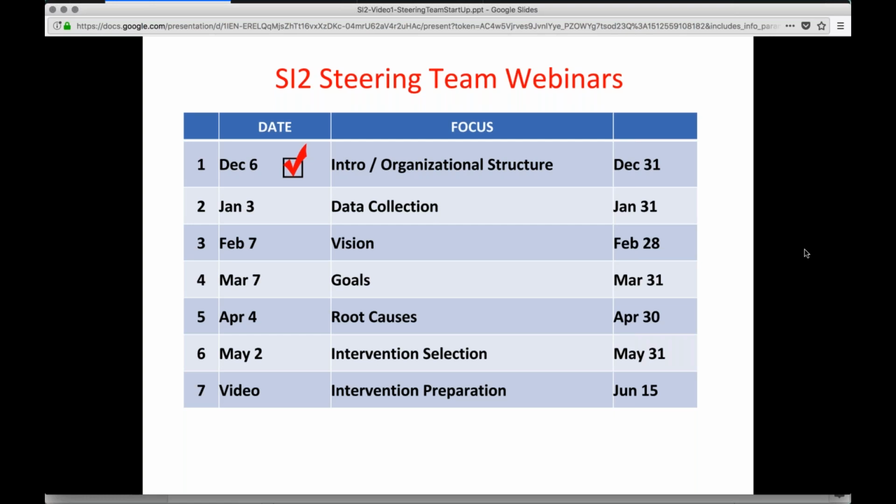And then at the end of each month, your assignment for that month is due. We recommend that you, as you work, go ahead and get those in earlier, and that way Tina can give you feedback. And as we look at the process a little bit later on, you're going to see where everything builds upon, each step builds upon the step before it. So it's great to get those in, get your feedback, and then move on.